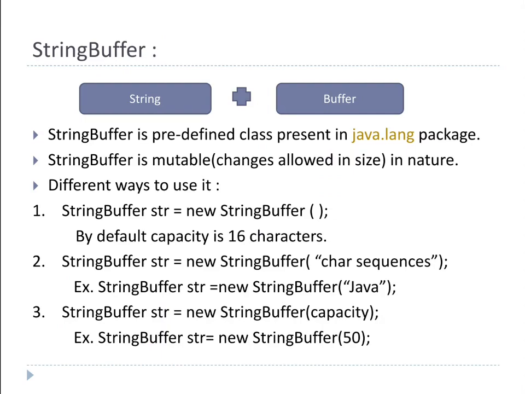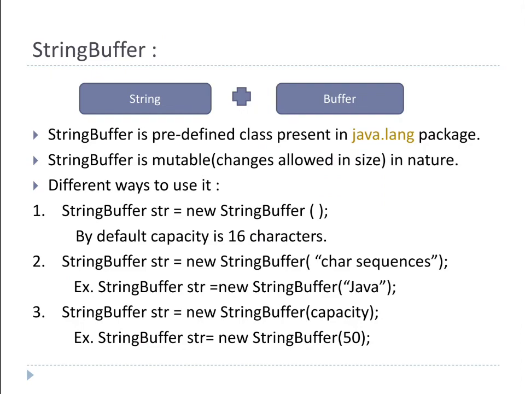We have three ways to declare it. First one, StringBuffer object name equals new StringBuffer, empty brackets. See, when we write class object name equals new class function bracket open close, what we write after new is a constructor. We are going to study it later because we have one chapter on constructors also. And see, when we are not providing anything in the function brackets, it is the default constructor. It indicates that by default we have a capacity to store 16 characters.